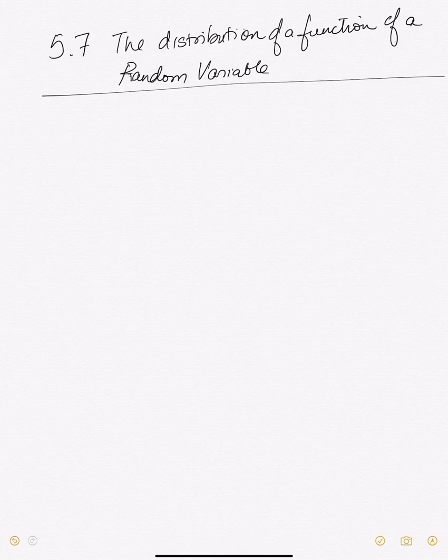Hello everyone. What we're gonna look at in this video are examples from 5.7. I would like you all to read the examples in the book, 7a, 7b, 7c, and don't worry about the formula over there. We'll just look at how to get the distribution of a function of a random variable from scratch, okay? You have seen this kind of work done in example 1D from section 5.1, and also when